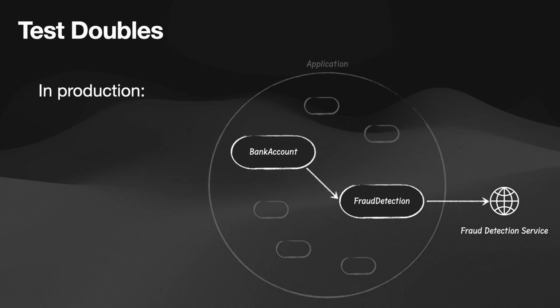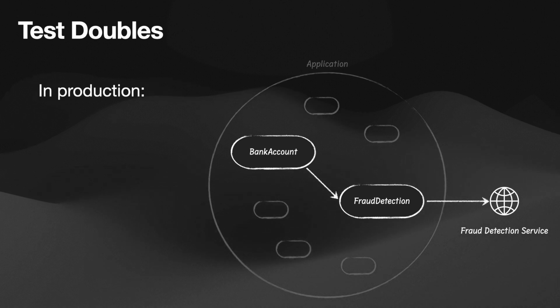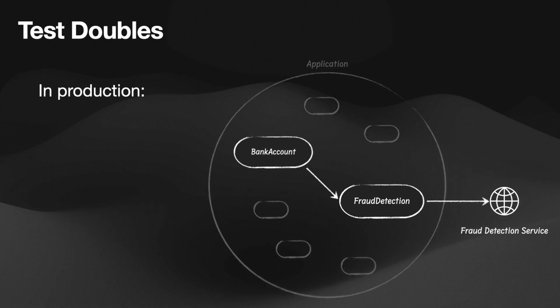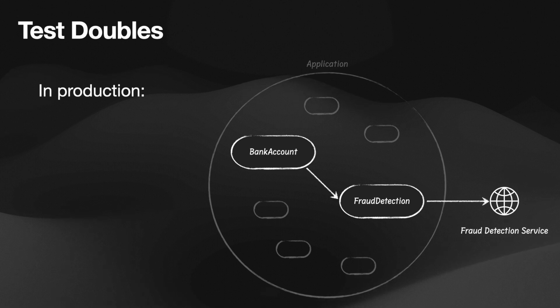Let's start with some context. Let's fast forward to what things will look like in the production environment once we release the software to our customers. Recall that the bank account class we built has a deposit method to handle deposits into the account. Let's say in production, the deposit method calls the fraud detection class to ensure the account we're depositing money into